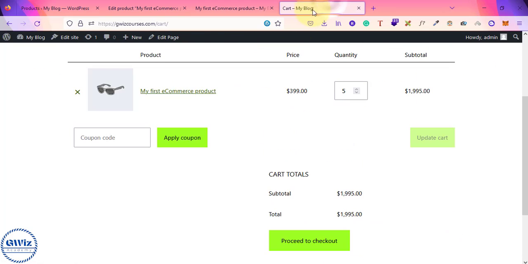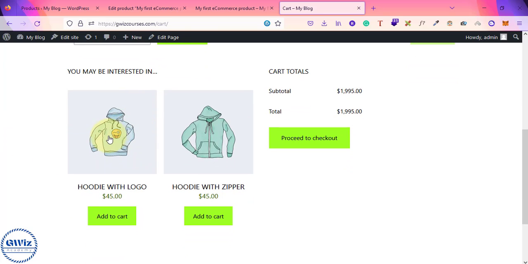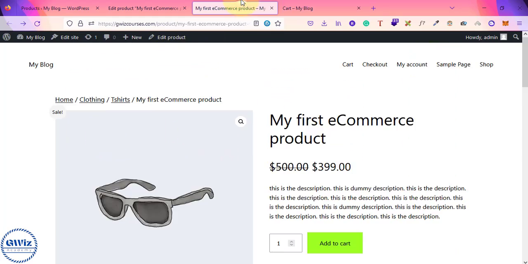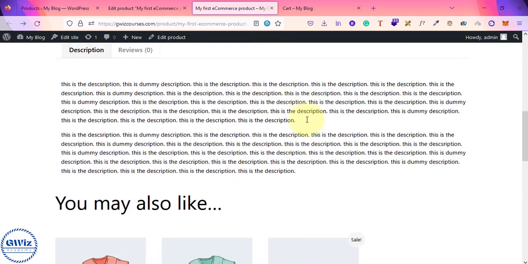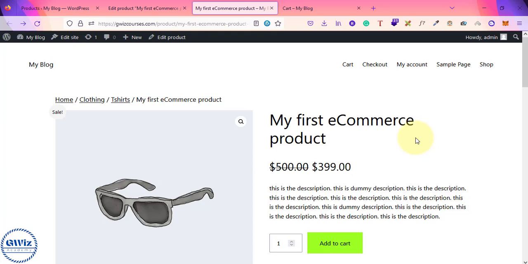But if you go to your cart page, you will find these 2 options over here saying that you might also be interested in these 2 products. This is called cross-selling. If you are trying to sell it in your cart page, that is called cross-selling. And if you are trying to sell something apart from the product on its own page, then we call it upselling. So I hope this upselling and cross-selling concept is clear,